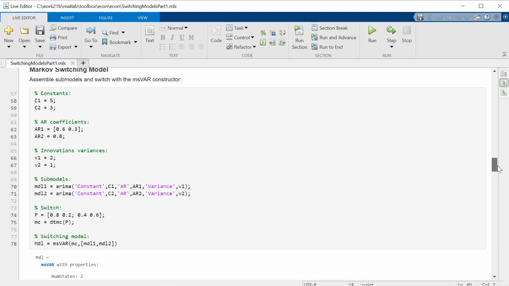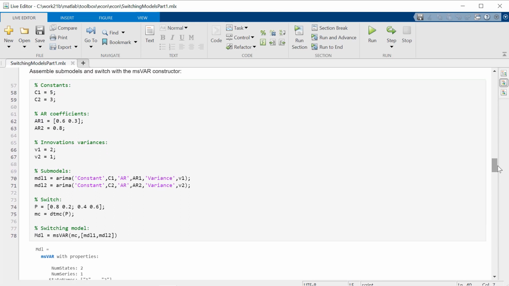Here again, I'm not making any claims that this is a good description of our unemployment rate data. I'm just, for purposes of demonstration, creating a simple 2-state autoregressive model for describing each of the different states in the unemployment rate data. We're going to estimate the model in a moment and see what better values for these parameters might be. But just to show you the mechanics of how to construct this model, this is the way we would go about doing it. You describe, for example, constants for each of the models, autoregressive structures for each of the models, and variances here, where we'll have, say, a higher variance in the first model than the second model.